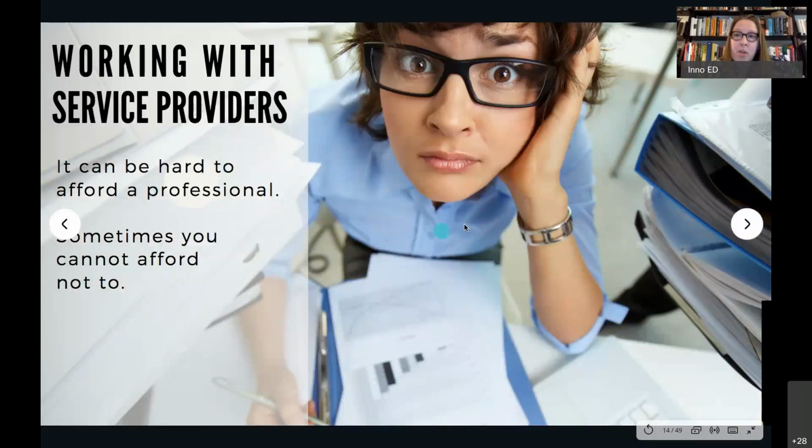We're going to take a moment now and talk about when and how you might want to work with a service provider. It is entirely possible for a small business owner to run all of their financial documentation and to run everything together. But sometimes we do need to call upon a professional, and that might be really helpful as we're preparing for taxes, when we first get set up and we want to say, I want someone to double check my work. Or it may just be that the actual workload of managing these on a regular basis is more than you can do because you're doing other things. And so working with service providers is very normal.